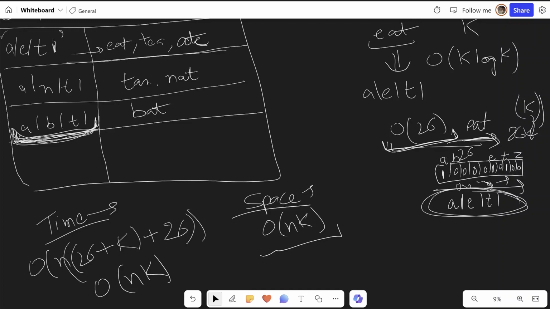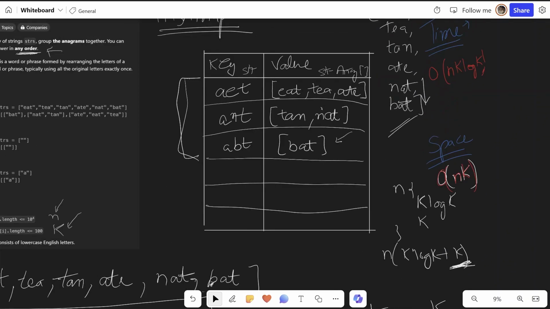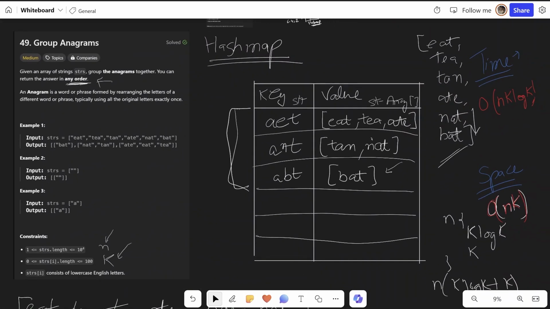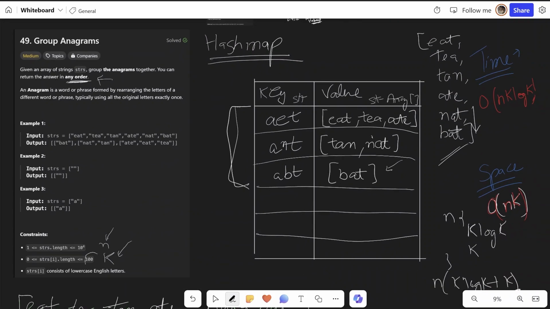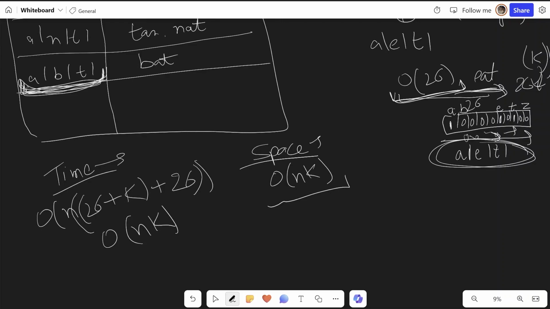But remember that there won't be a lot of difference between this and the previous solution, because nk and nk log k, especially when you are given k as small as 100. And remember that we are ignoring these 26 when we simplify it down. So nk log k and n of 26 plus k.